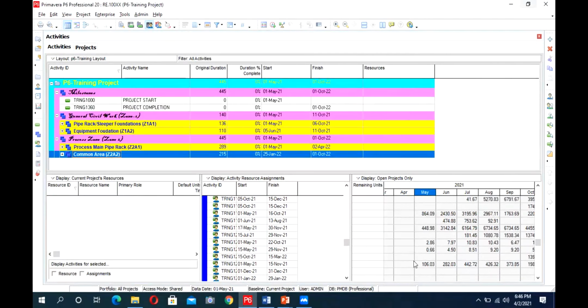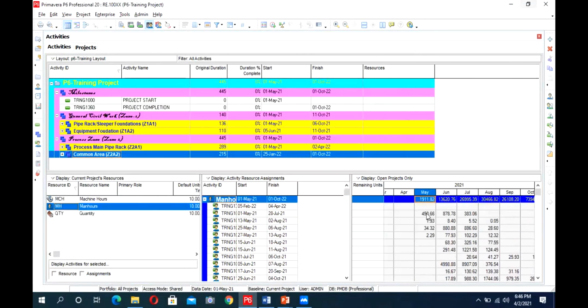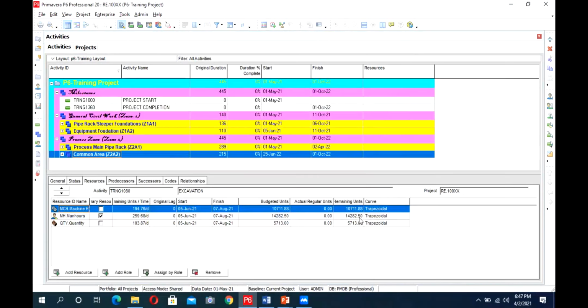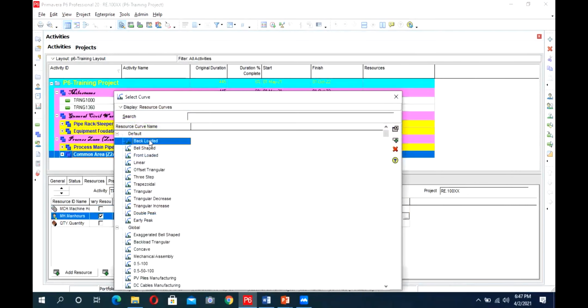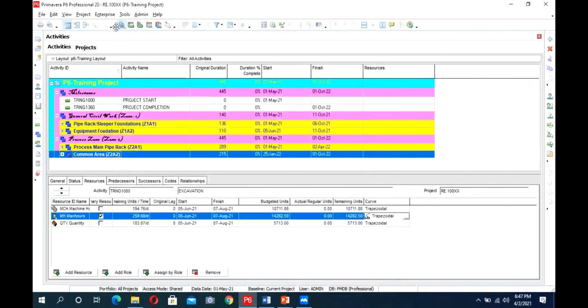So I can do another thing: for some other activities, I can make it backloaded. So what will happen if I make this activity backloaded? Currently, I have 1900 man hours planned in this month. So I go to activity detail and go to resources. I change its manpower resource. It's loading as backloaded.